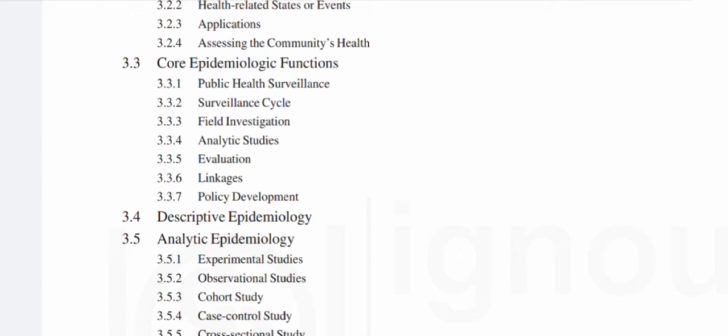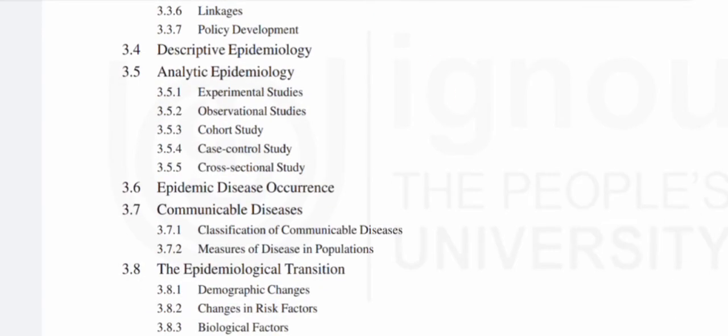After that, we will discuss descriptive epidemiology. After that, we will discuss analytic epidemiology, in which we will discuss experimental studies, observational studies, cohort study, case control study, cross sectional study. After that, we will discuss epidemic disease occurrence. After that, we will discuss communicable diseases, in which we will discuss classification of communicable diseases, measures of disease in